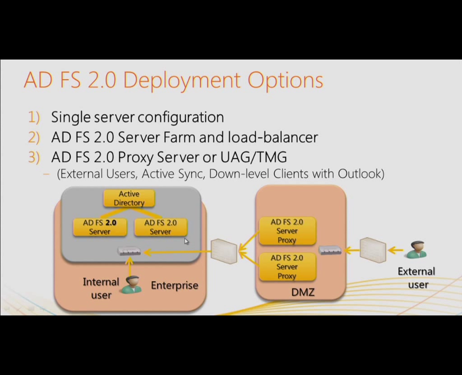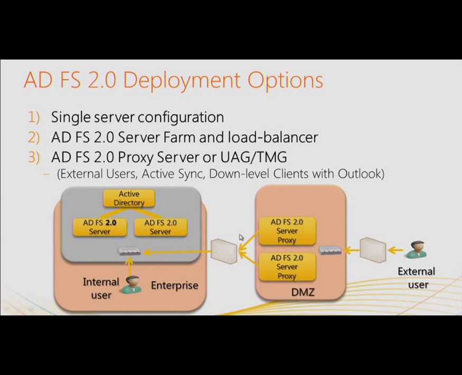Then the user will be able to access Office 365 because his credentials have been passed from the external firewall and system inside the company, validated using Active Directory, and if the credentials are valid, the external user can access Office 365